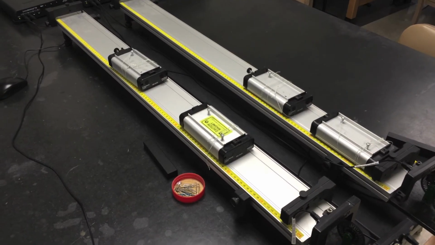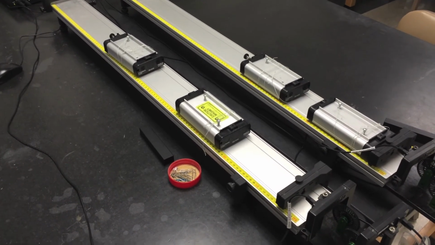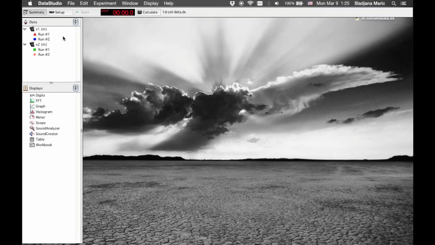Now I will show you how to do a data analysis on the data that we just obtained. This part is on data analysis. We already recorded the data using the Data Studio. So run 1 is an elastic collision and run number 2 is inelastic collision. If you remember, we said that X1 records the data for the projectile and X2 records the data for the target. Now we will take run 1 for elastic collision for the projectile, drag it down to a graph, and plot